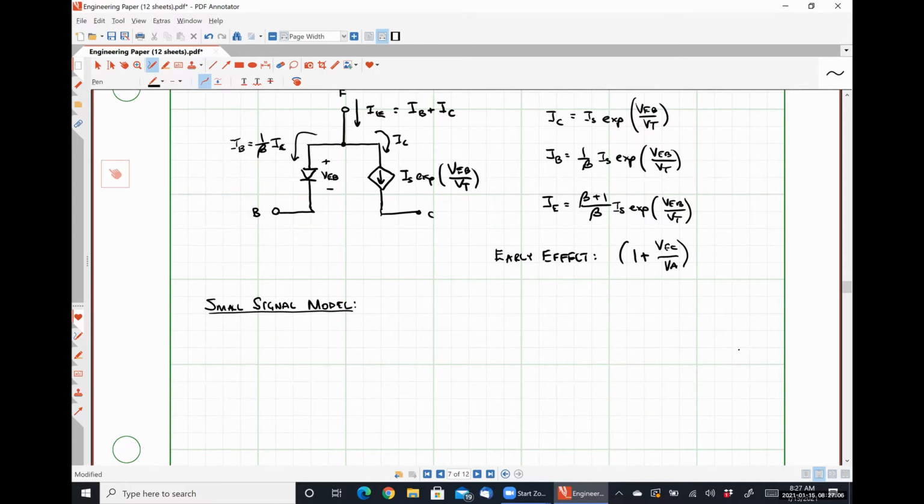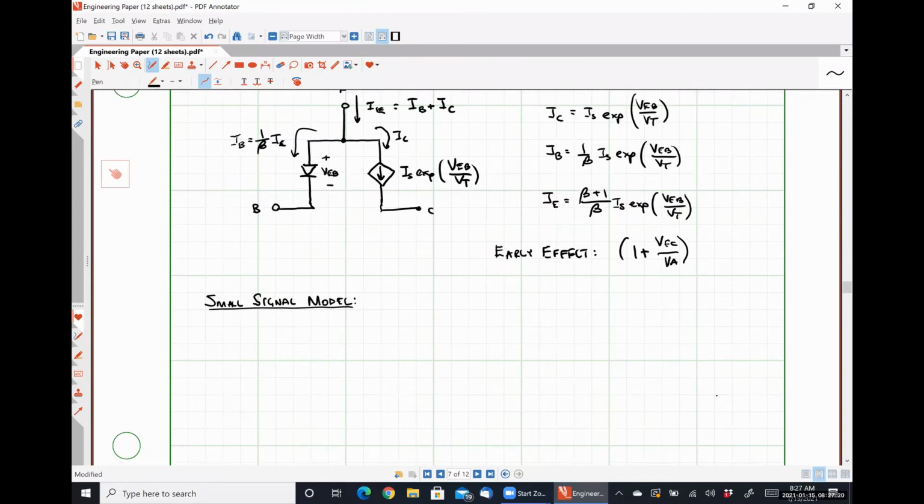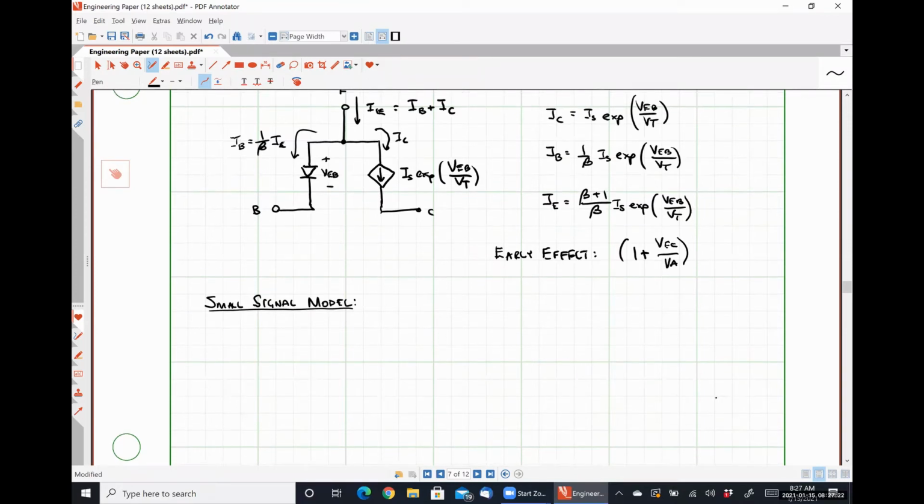I think it's just because he has defined V pi backwards. So for the small signal model, where we have our emitter on top,